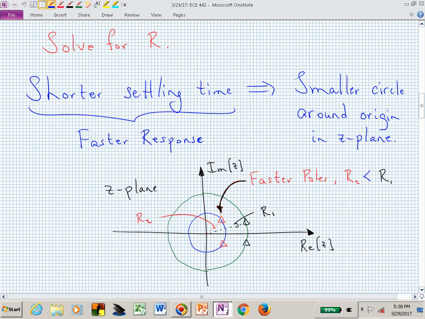And what we see is that if we want a shorter settling time or a faster response or a quicker system, then we need to be looking at closed loop poles not with a radius r1, but with a radius r sub 2, where r sub 2 is smaller in terms of a circle than r sub 1, and the faster rate says that r2 in magnitude is less than r sub 1. So when you hear settling time, you're seeing targets. You're seeing these concentric circles, and the smaller the circle, the faster the system responds.